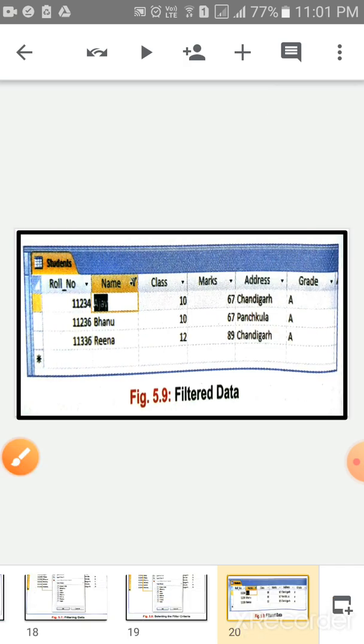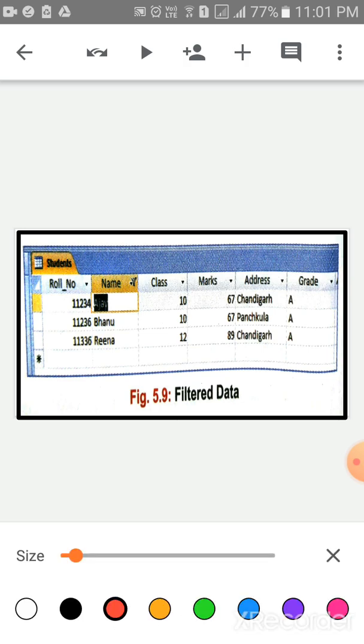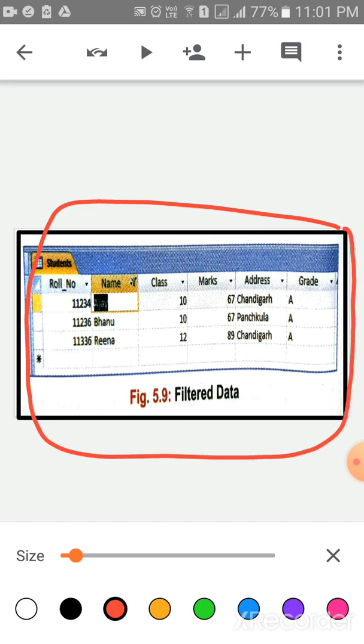Now see children, this is the filter data. Previously we have selected only 3 names, Ajay, Bhanu and Reena. Look at the screen, this is the filter data. Only 3 records appear, and lastly click on OK.